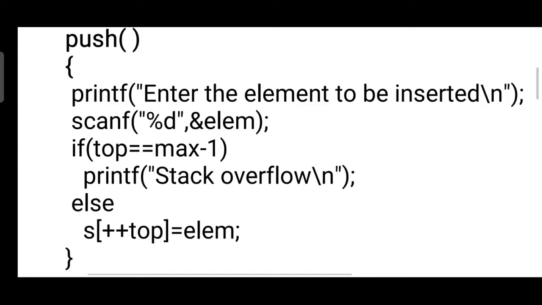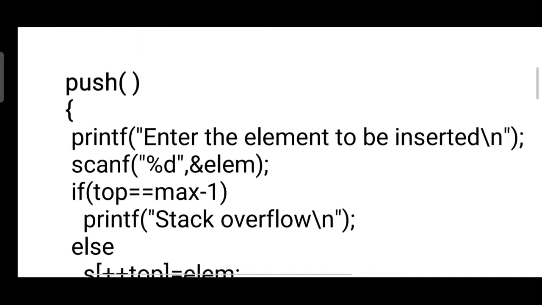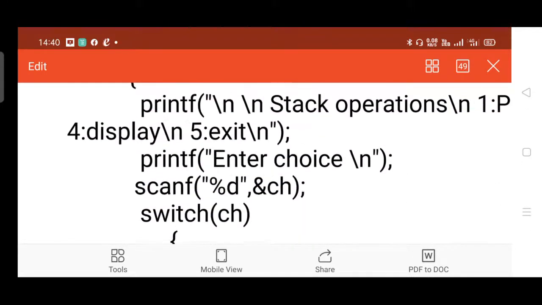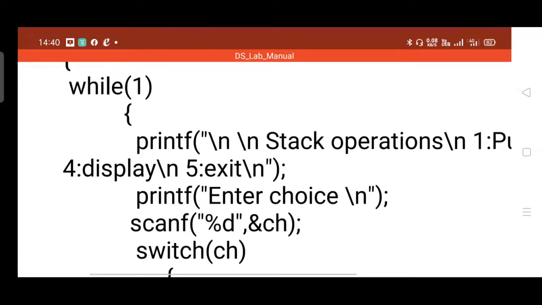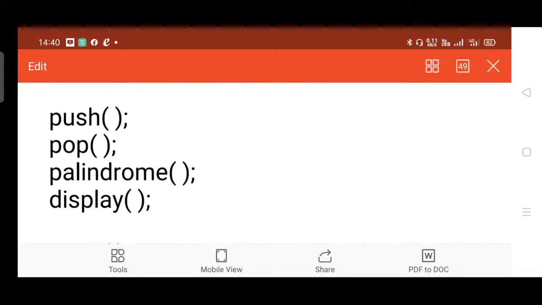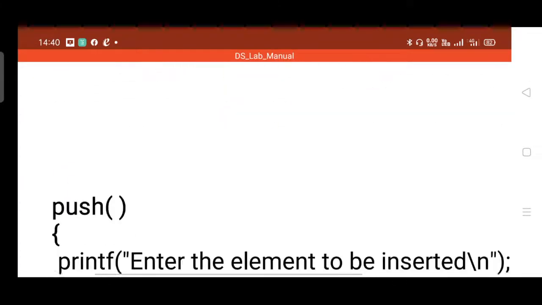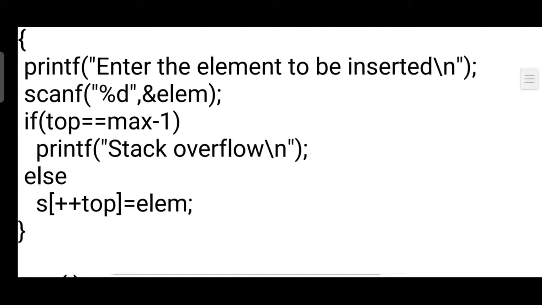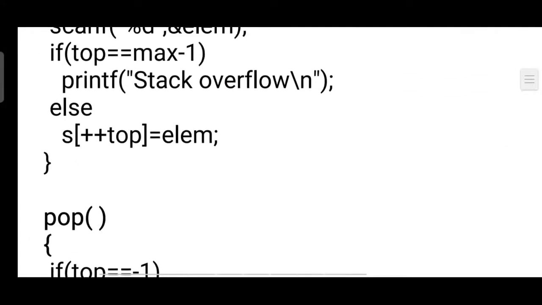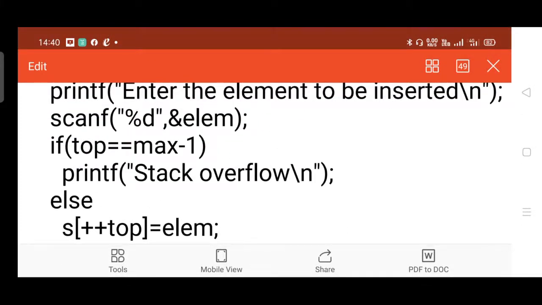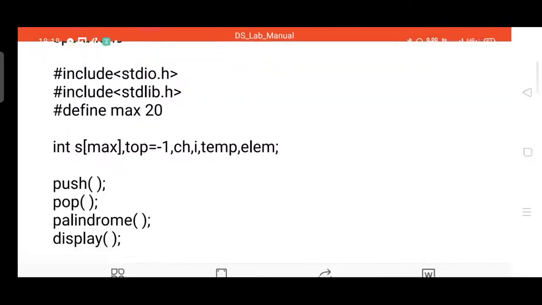Now the number of elements you have already entered, as n, was entered in the beginning itself. Yes, here n is not taken.